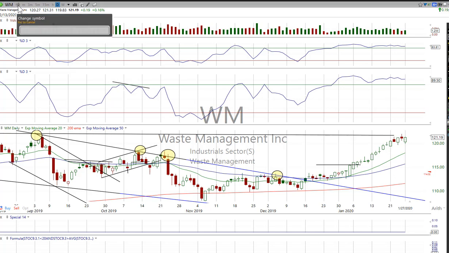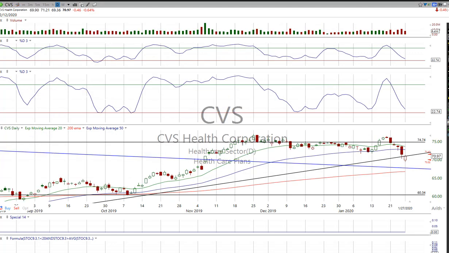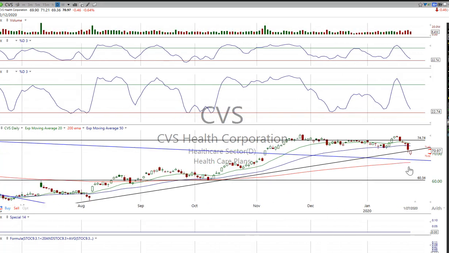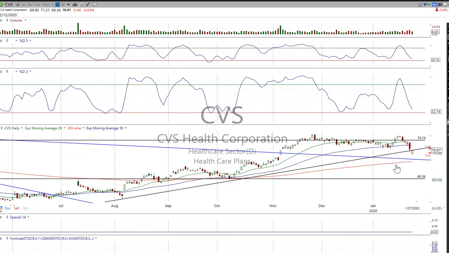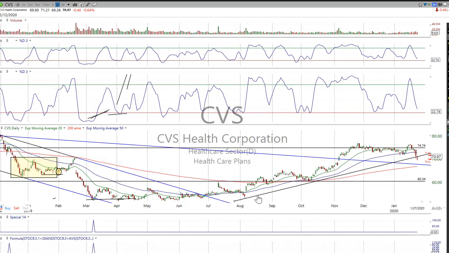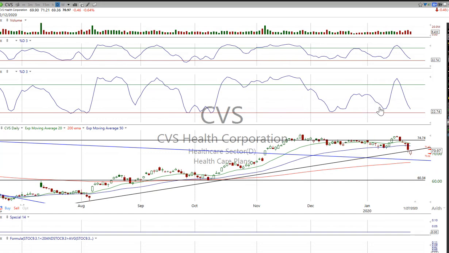And then DGX. CVS here had a trend line. It broke down through, came back, and closed right on the trend line. How many times do I see a price close right on a trend line? It's like a rule, especially if you have a big established trend line. You'll gap down, and we'll close right on it, or close above it. In lots of cases, we'll close right on it. It's amazing. We'll see if it comes back above that trend line and starts to hold that.